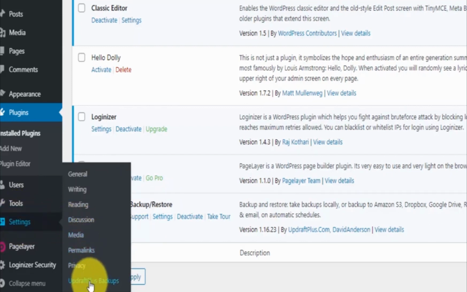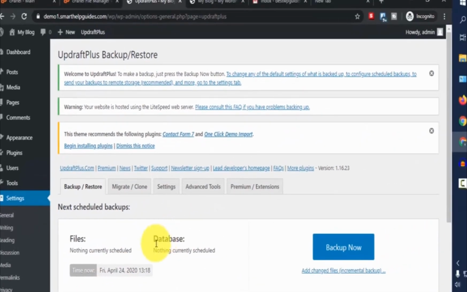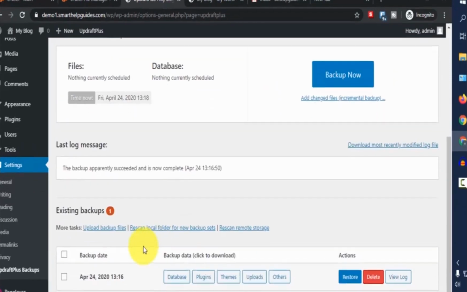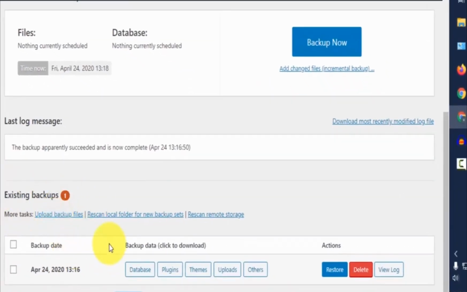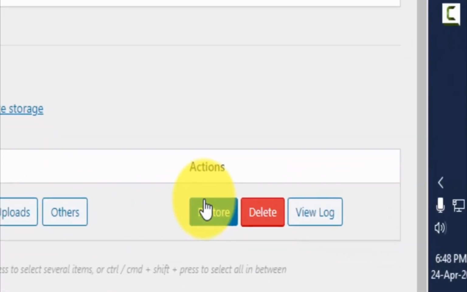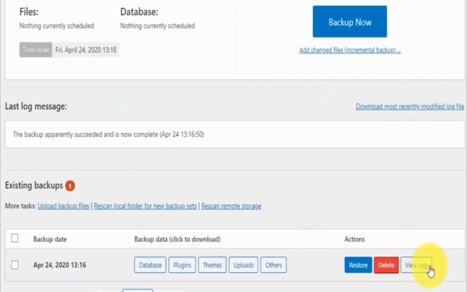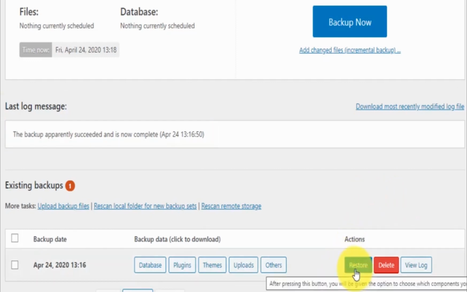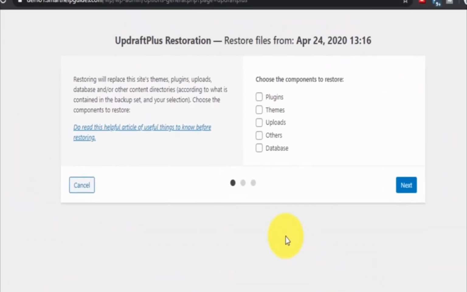Here are 3 options: restore, delete, view log. The last logging message is showing here. So click on restore. Here they are showing what type of item you want to restore.